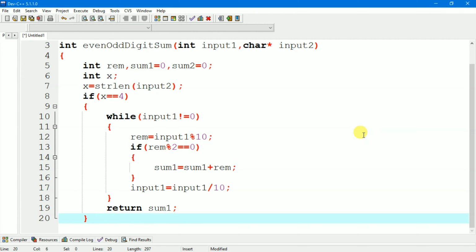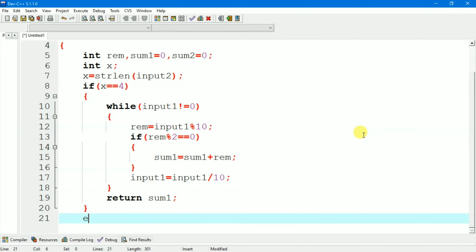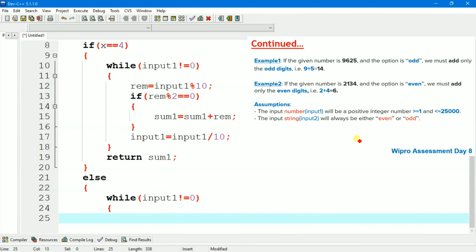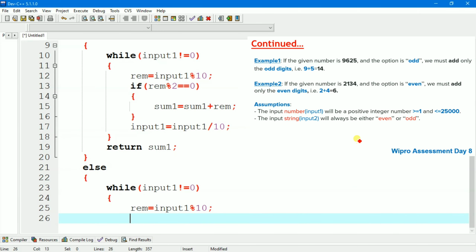Now we will close the if block. Now else, we will take a while loop, while input 1 is not equal to 0, we will continue the loop. Now we will perform the operation remainder equal to input 1 modulus 10. After that we will write the condition for odd number.